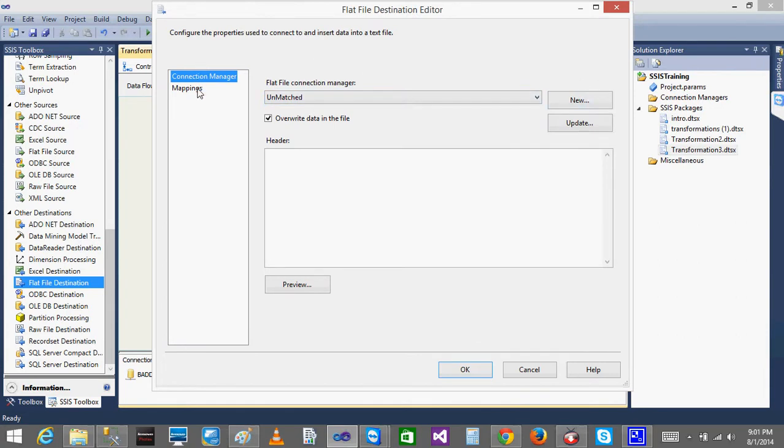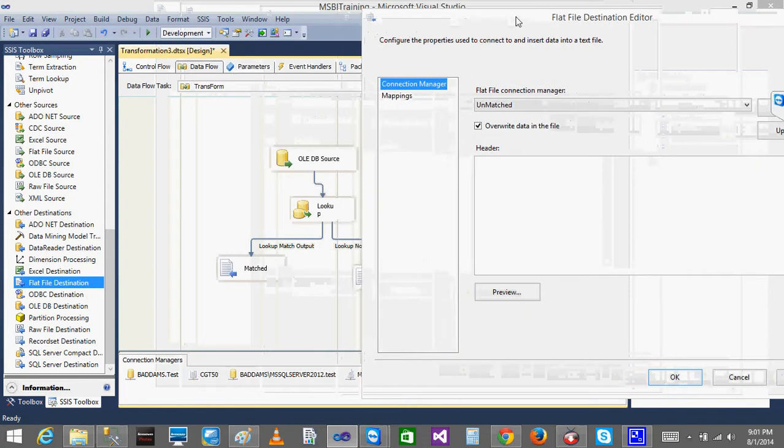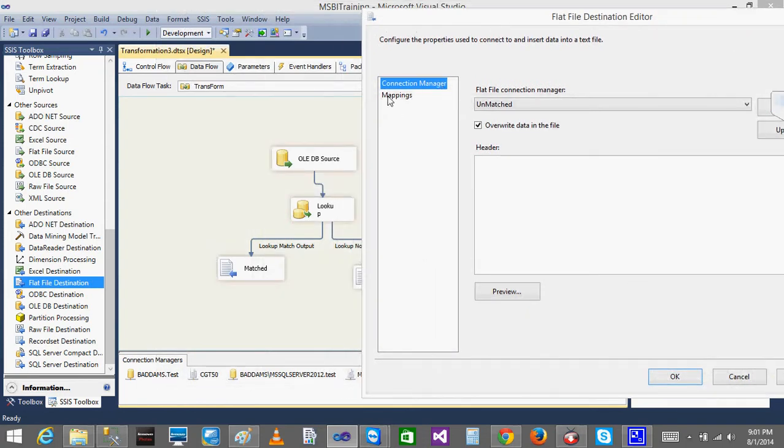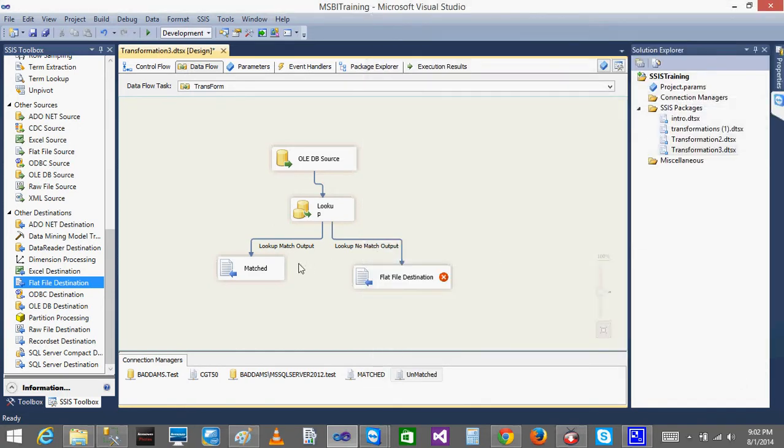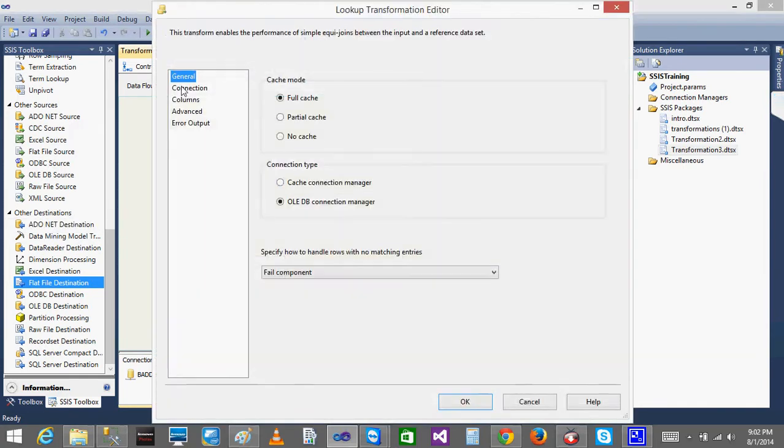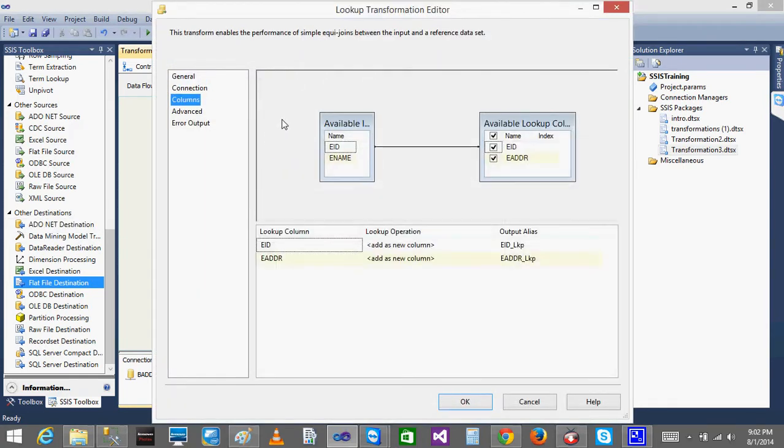When I do the unmatched, by default you are not getting the lookup columns here. Unmatched means whatever values you are getting, you will not be having those columns in the lookup. So basically in the lookup we added another 2 columns, right? I'll just cancel it now, just see it here. In the lookup we added 2 columns from this input column, that by default you will be having. From the lookup table I am adding 2 columns. You can see the 2 columns as lookup and this one.